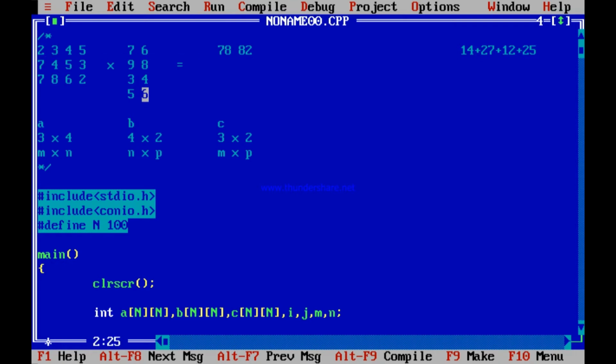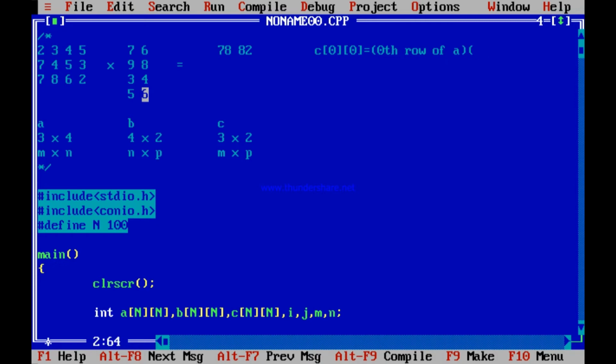When you are calculating C00, what did you do? You took the 0th row of A, and what other thing did you take to multiply?